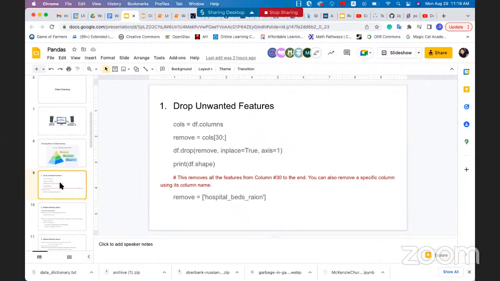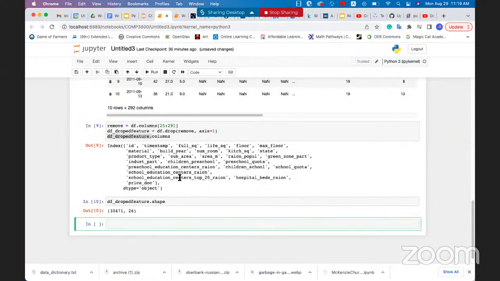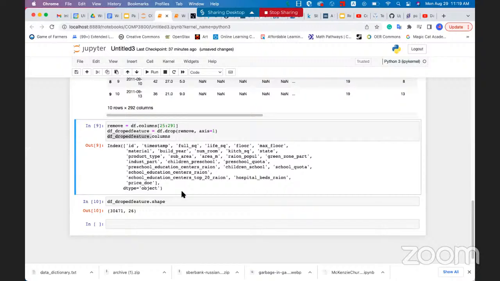And also with this function, you can remove a specific column instead of using the column numbers. For example, here I want to drop the hospital beds ratio and the hospital beds. I don't think it really affects the housing price. So I want to drop this